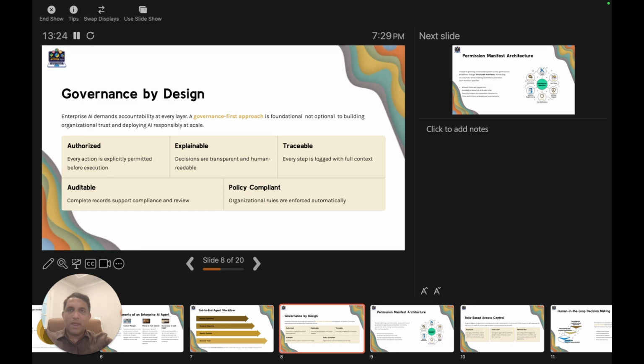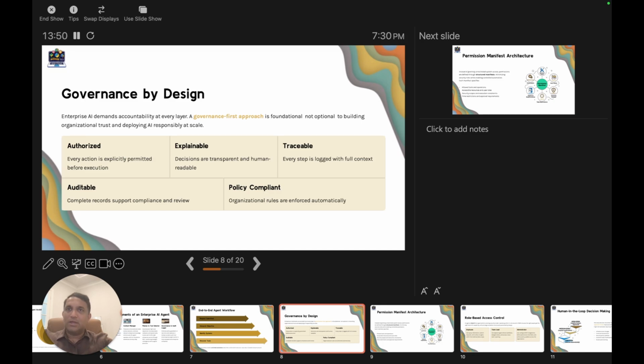Enterprise AI demands accountability at every single layer, and I want to be precise about the language here. A governance-first approach is foundational and not optional. It is not a compliance checkbox where you validate and move on. It is the thing that makes the whole system trustworthy enough to deploy.